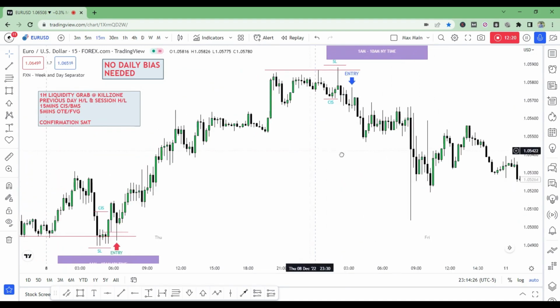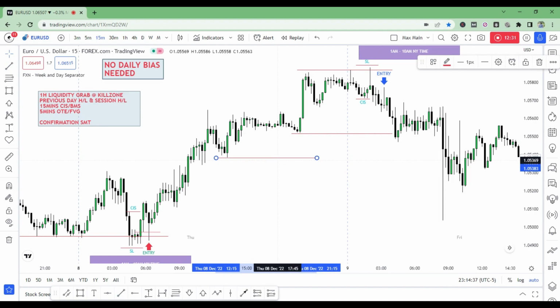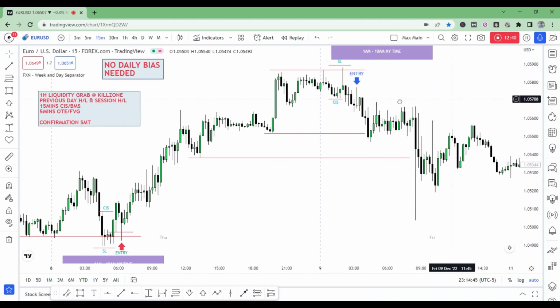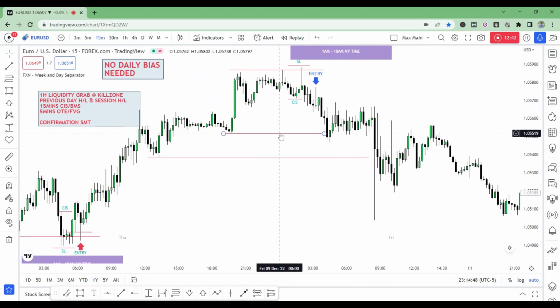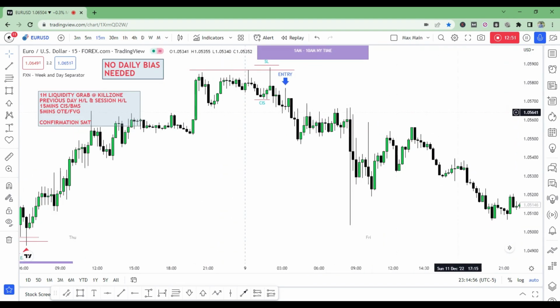You also still want to be targeting the nearest liquidity, like we have liquidity right here. You want to be targeting those liquidities. We have another sell side liquidity right there. Those are the liquidities you target. Just target the nearest liquidities, and this strategy is just amazing. Guys, do not take my word for it. Just go into your charts and look at this week after week. Just backtest this strategy and you'll see how amazing this is.